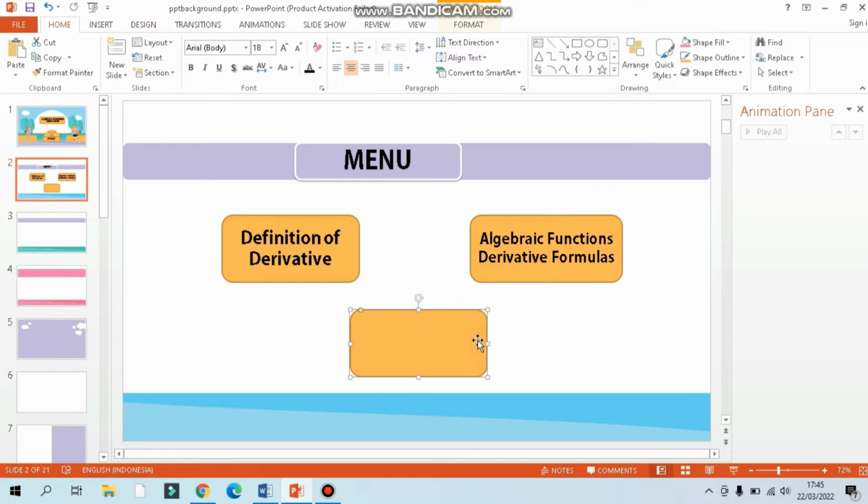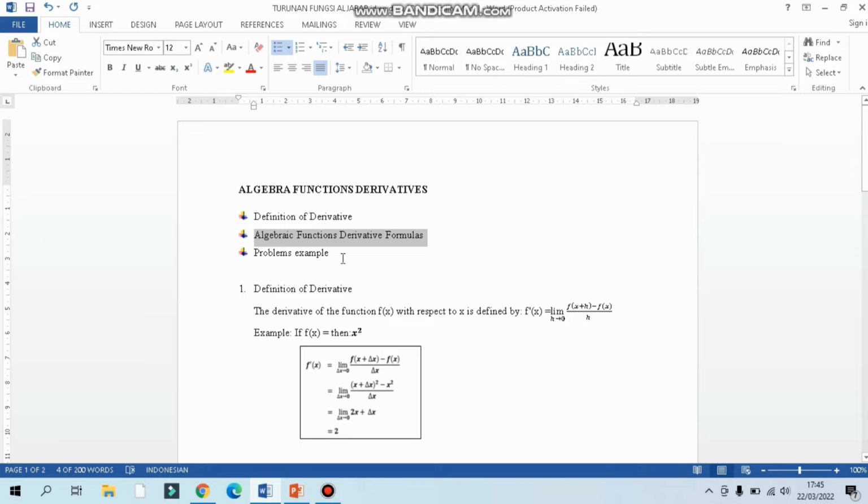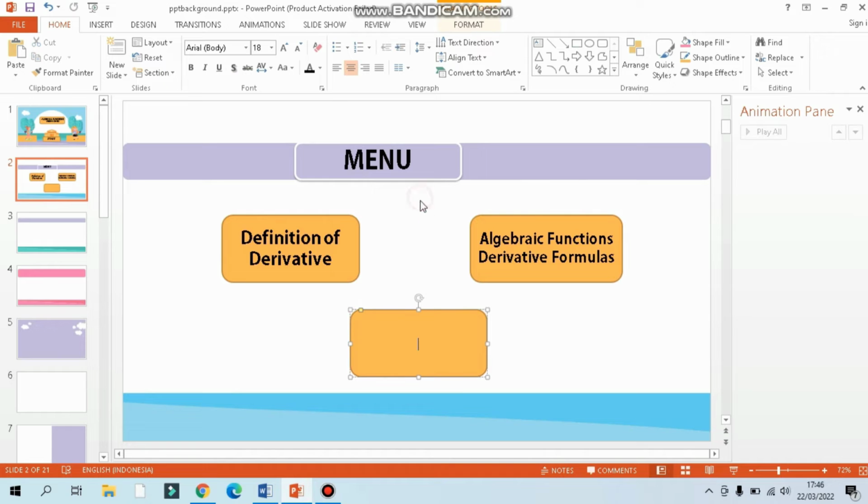We can set the position we want. And next, the third content is problem example.